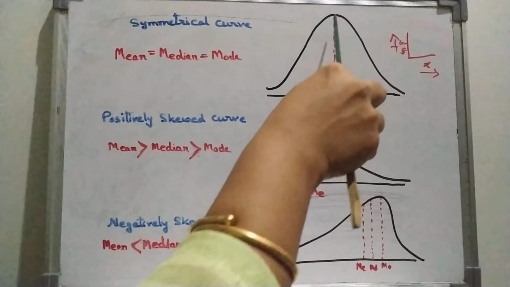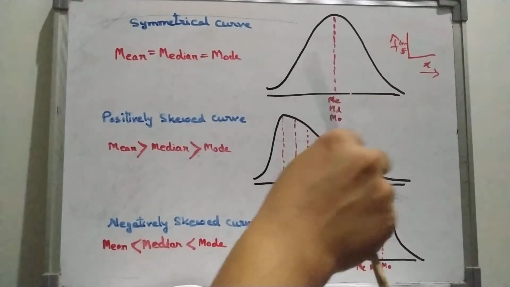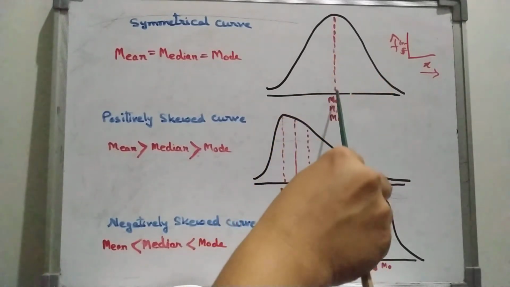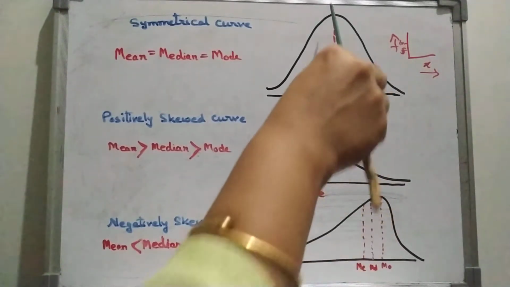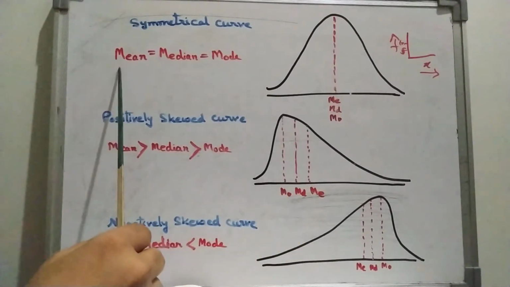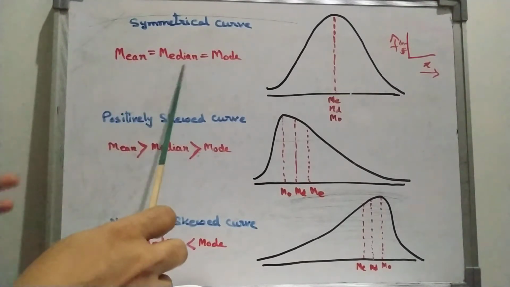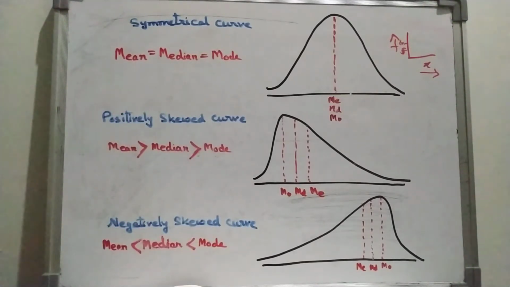This is the frequency, so this is the peak point, so mode is here, and median divides the observations into two equal parts. So here we get median also and mean also. So it is a rare case. Okay, we do not always get such figures. It is a specific or rare case when we get a symmetrical curve. So whenever we get a symmetrical curve which is of bell shape, then the relationship among mean, median, mode will be this. That means all are equal here. Whatever be the value of mean, that is equal to median and that is equal to mode.